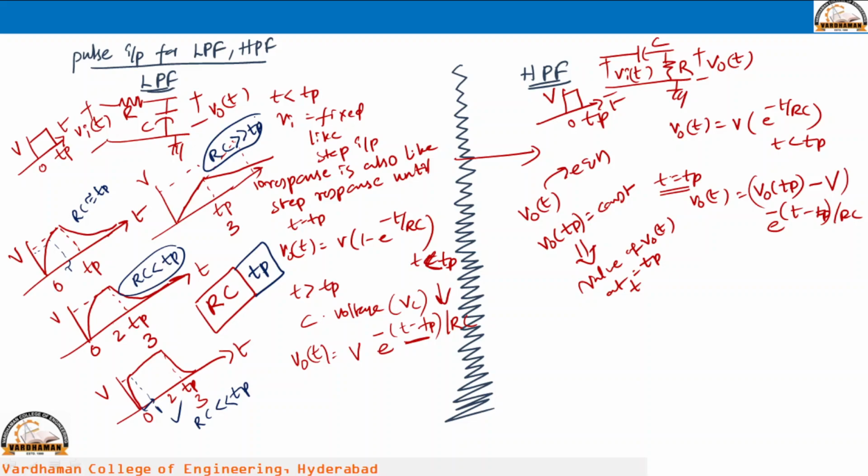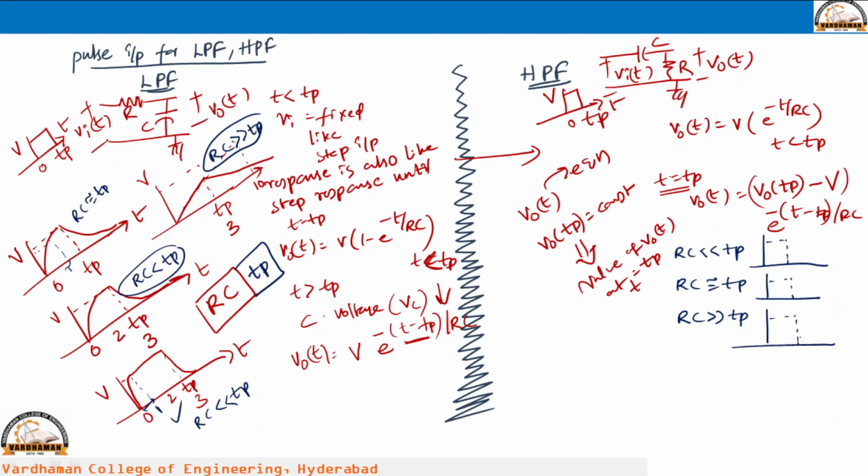Same thing we have to take in case of the high pass filter also. Okay. So, I am taking the cases directly here because already we are familiar with the comparison of the RC with the Tp. If you understand this pulse input, then only you can be comfortable with the square input also. So, RC less than Tp, RC is equal to Tp, RC greater than Tp. So, the rate at which the output changes is based upon the RC only. So, this is the pulse input,